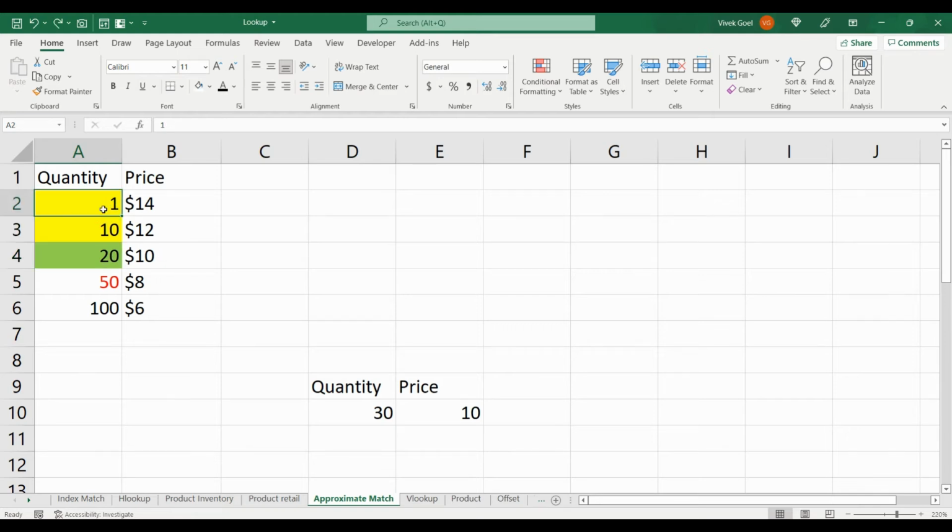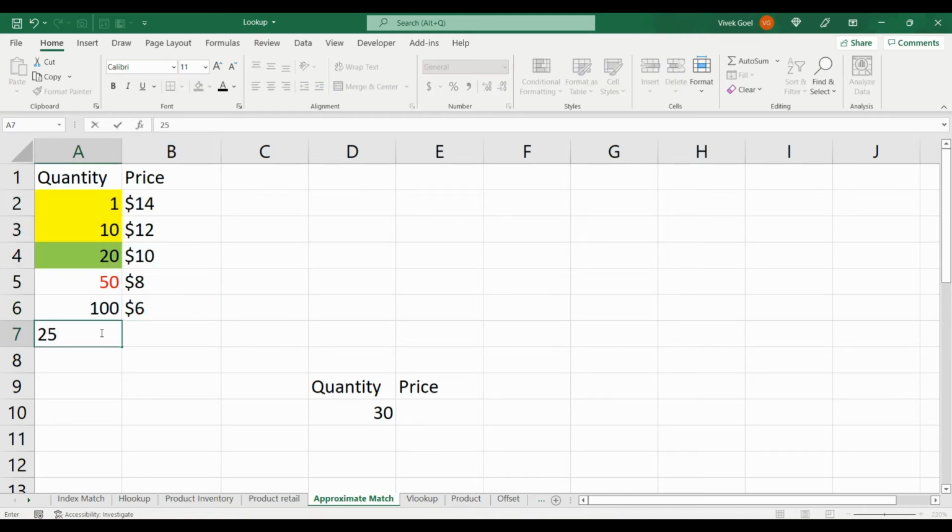One important thing to remember is that the other rules for VLOOKUP still hold, like we should start our range with the column where our value is to be searched, otherwise VLOOKUP will not work. And here for approximate match, we have one more additional rule. The column where we are searching for our value should be sorted in ascending order. If the column is not sorted correctly, we will not get the correct answer.